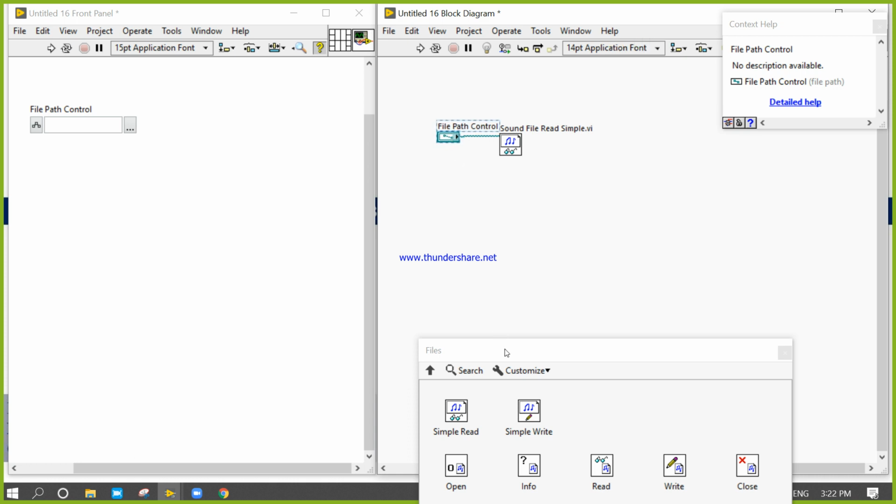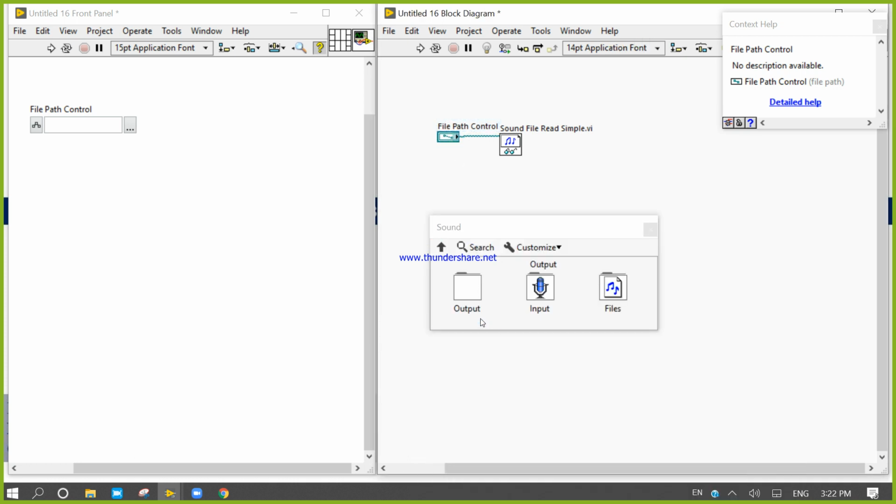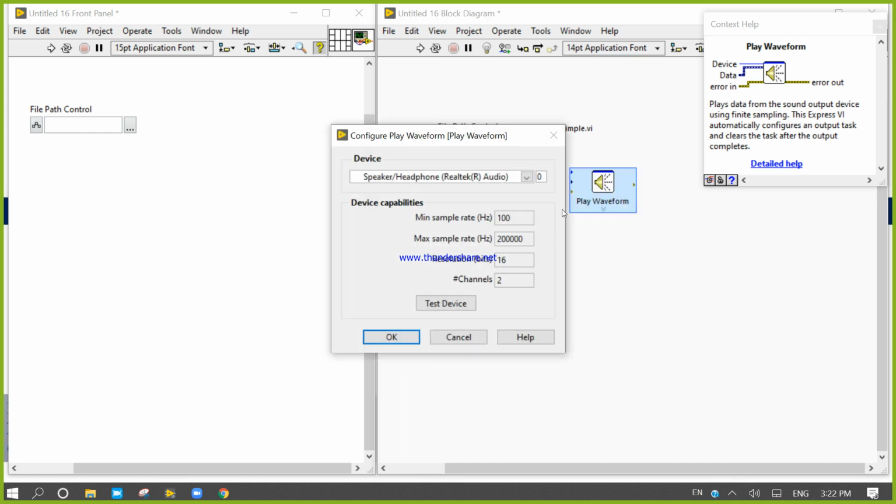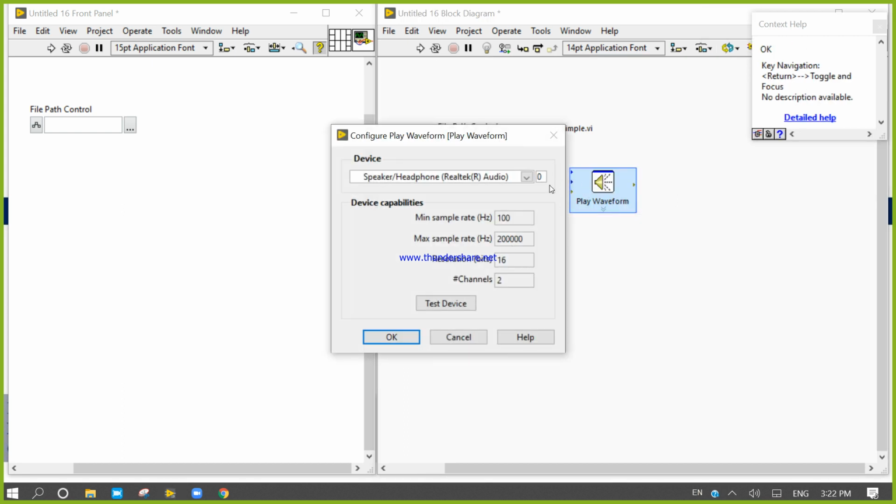After that come back, there is output, take play waveform.